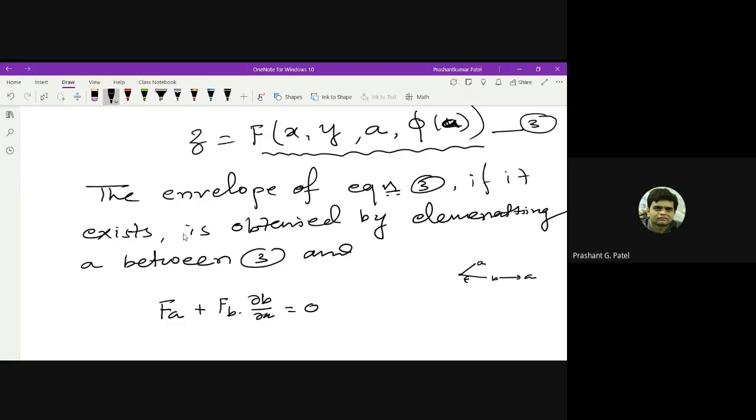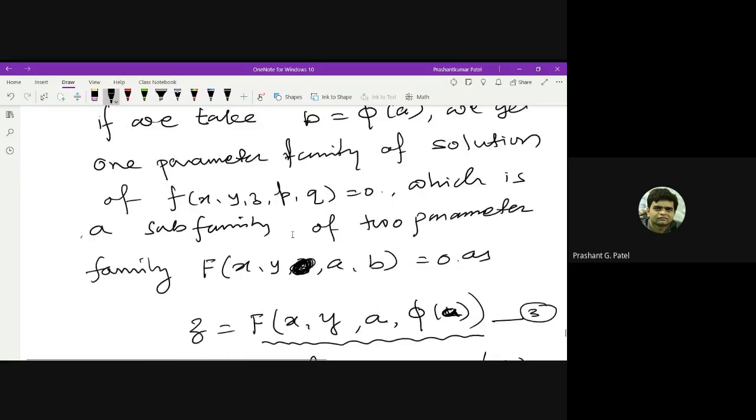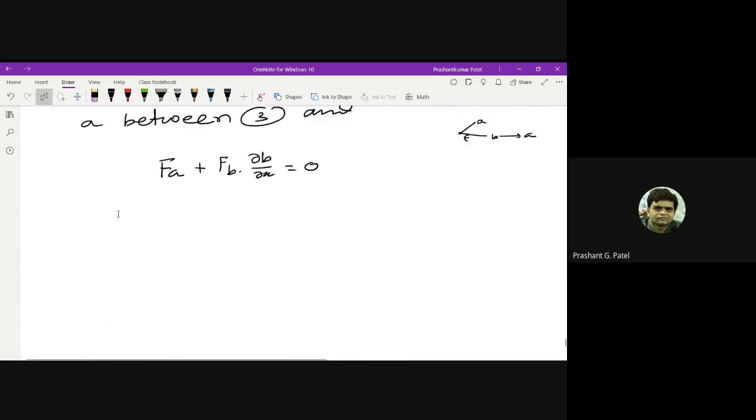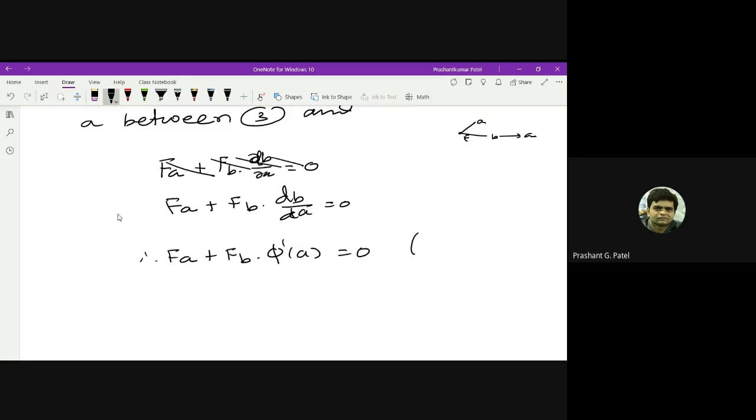But what is del b by del a? We have taken b equal to phi of a. So I should write not del but d, because b is actually a function of only one variable. So that is fa plus fb into db by da. Therefore this will give you fa plus fb into phi dash a equal to 0, because we have given b equal to phi of a. If I call this equation number 4,